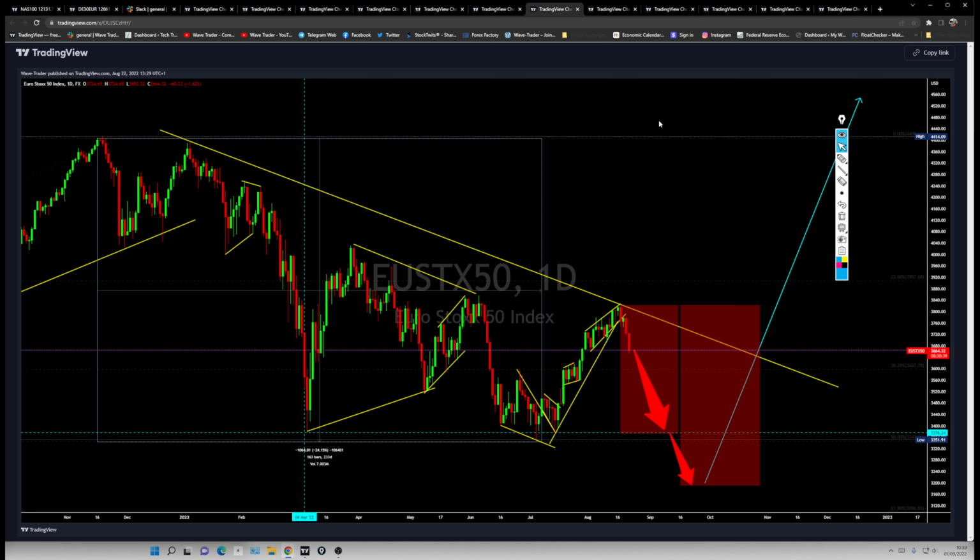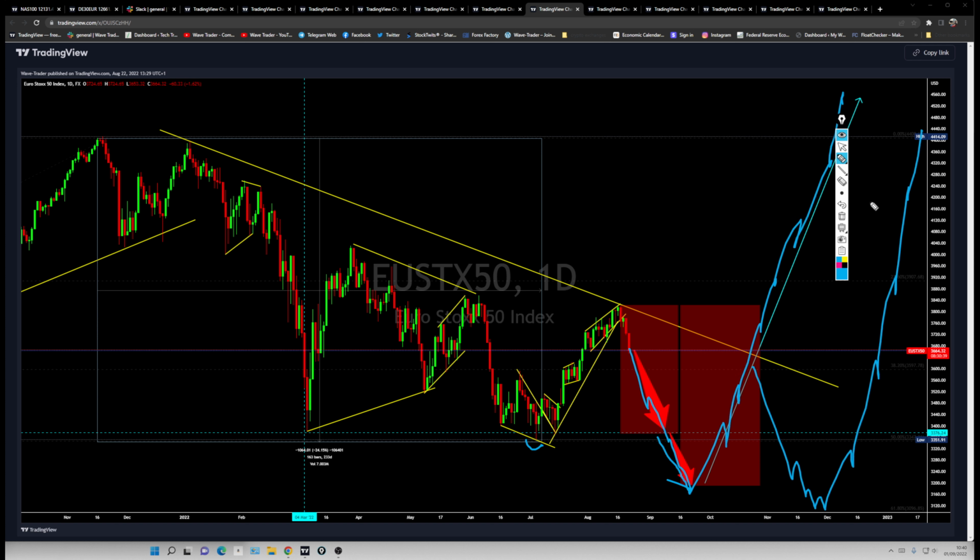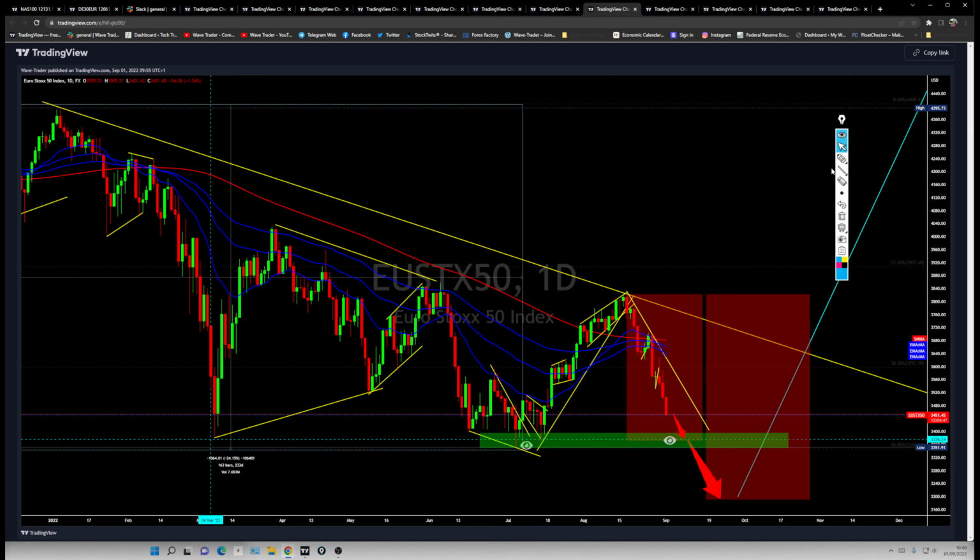When we look at the EU indices, they were also having a similar structure, breaking down, with a retest of this previous low or a new low. The same structure. EU indices are about to tag that previous low, the July lows, and we still have some room there. We are about to hit it. There is a possibility that the price can break down this previous low and form a new low. Same structure as said.